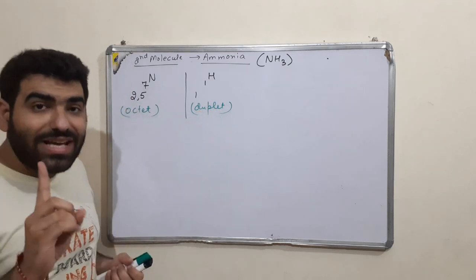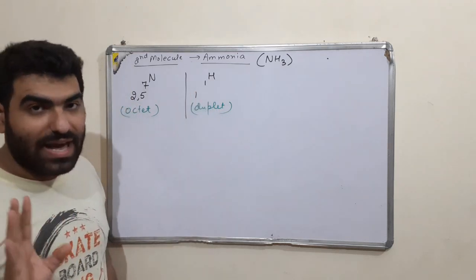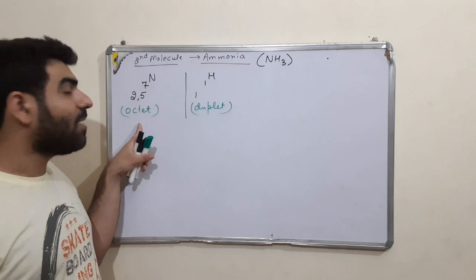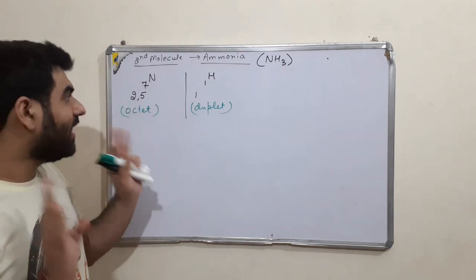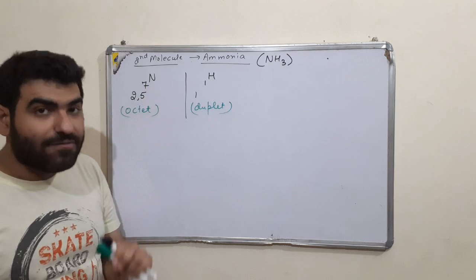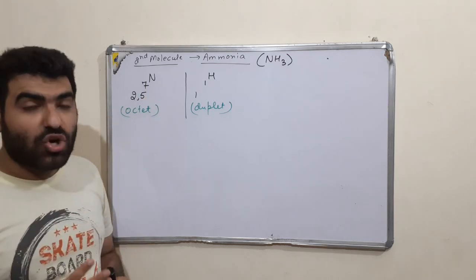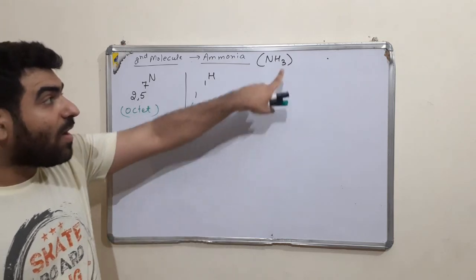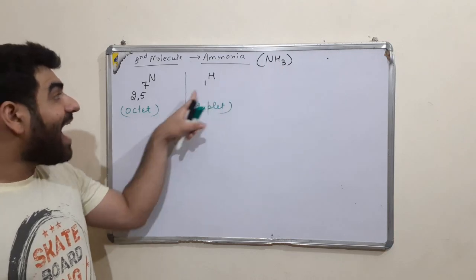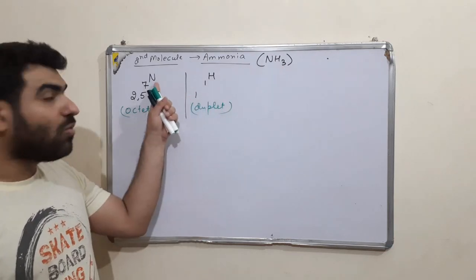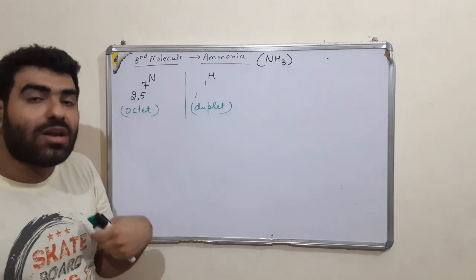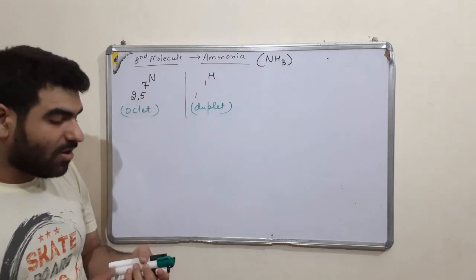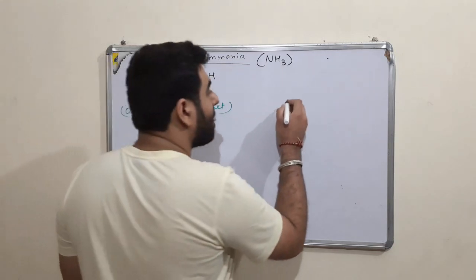So each atom of hydrogen requires only 1 electron. How many hydrogens are there? 3. So how many electrons will it require from nitrogen? 3. All right, we got that. Now nitrogen is having 5. It requires 3 electrons from others to share so that it can complete its octet. Now again there are 3 hydrogens, and each hydrogen is having 1 electron. So nitrogen can easily share its electrons with the 1 electron of each of the 3 hydrogen atoms, which will fulfill its need. All right, so let us straight away make the structure.